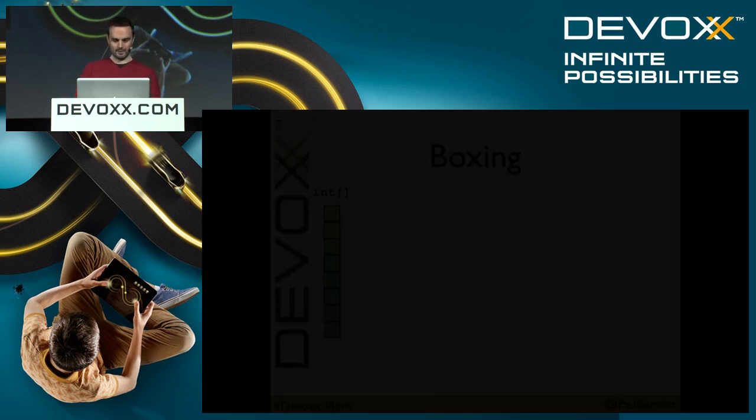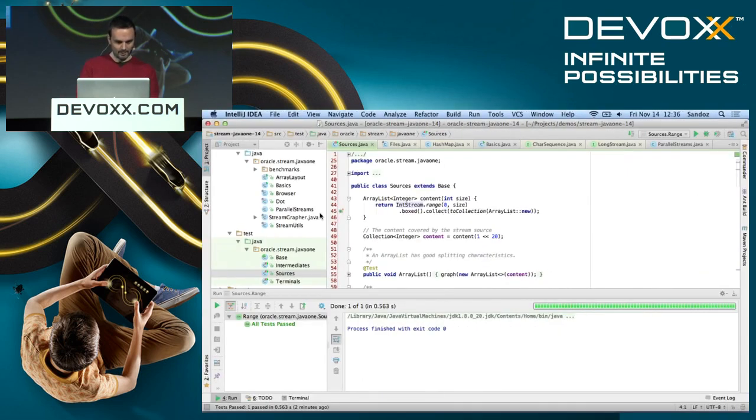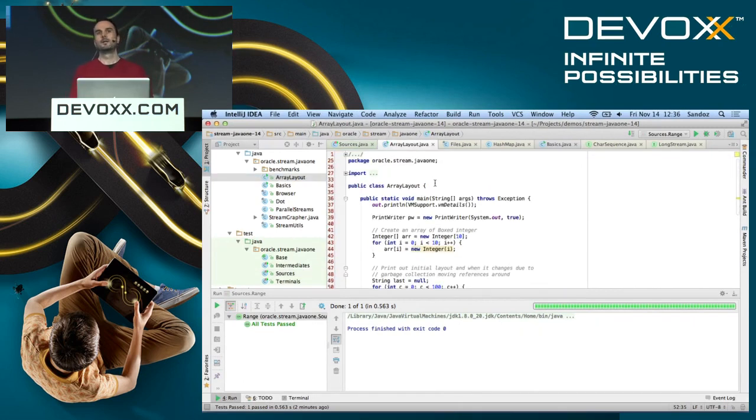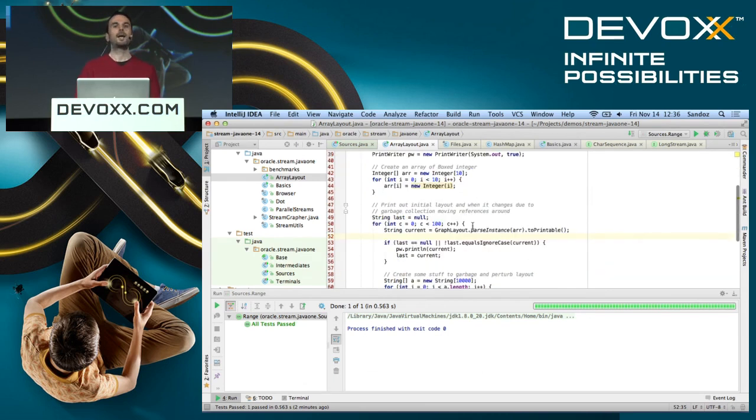And in fact, I can quickly show that using something called Java Object Layout Tool, which is actually pretty neat. Another tool written by Alexei Shipilev, or JMH was written by Alexei Shipilev and others now. But this object layout tool allows you to look at the layout of objects in memory as they're represented in HotSpot.